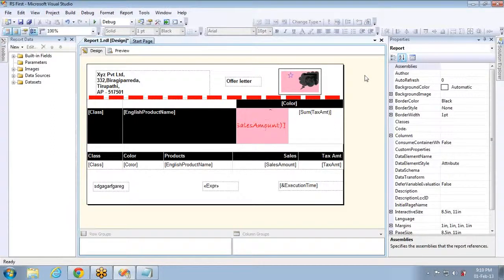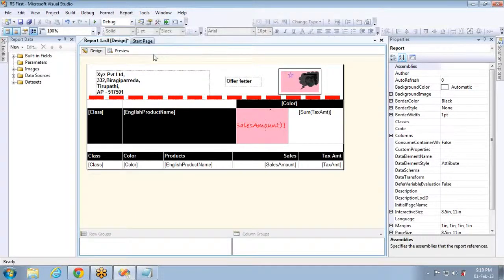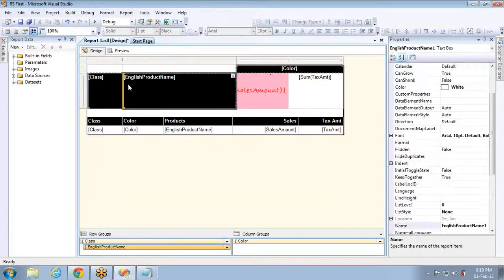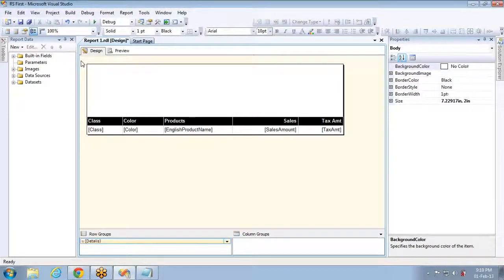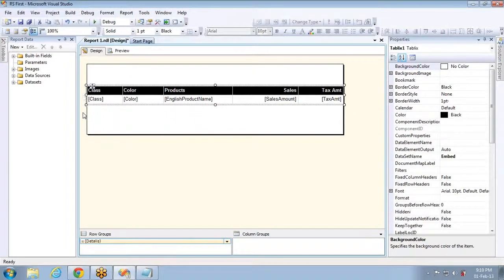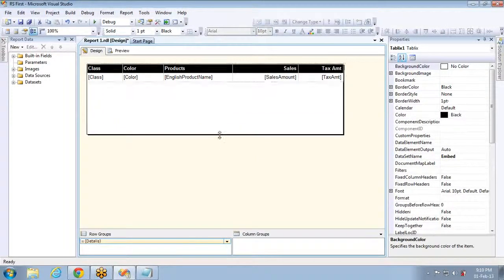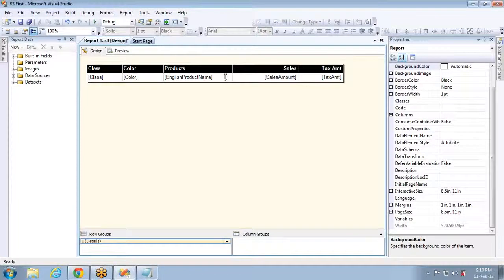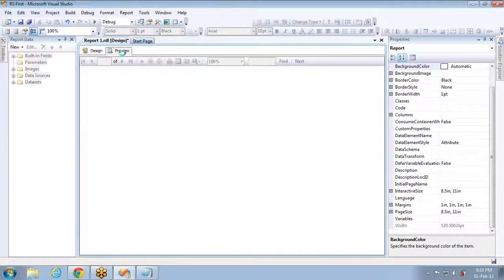So let's start with the expression. To start, let me define a report which is clean and good. I don't want all this clutter in my report. So first, let me remove the header and footers, which I don't need. I've removed that. And this matrix is not looking good, so let me remove that. Now the report looks good.